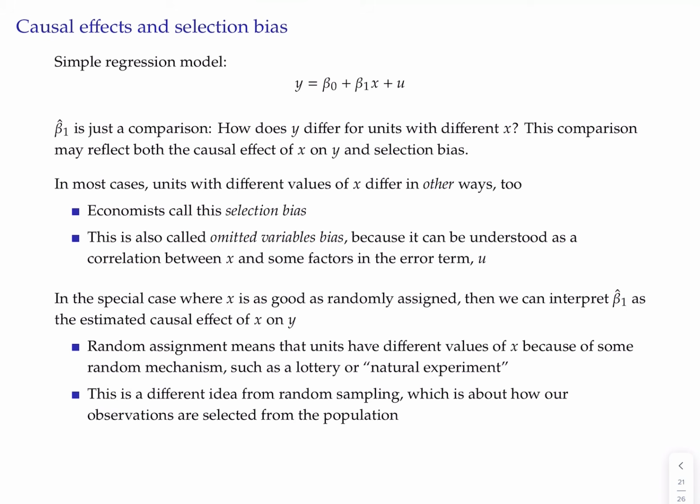Are there cases where the slope estimate could be treated as a causal effect of x on y? Yes, there are some special cases that are of interest. For now, the rule to keep in mind is cases where x is as good as randomly assigned. For example, if we could design a randomized controlled trial, to my knowledge no one's done this in the way I'm about to suggest, where we have, let's say, a few thousand people, and we get them right at high school graduation, and we randomly assign some of them